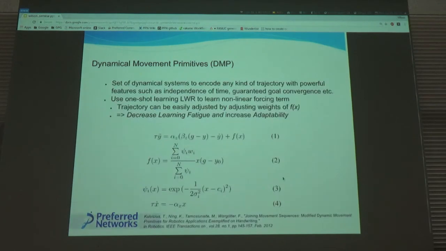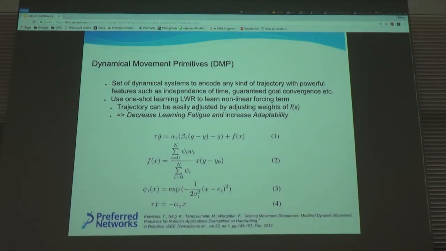And note that these weights can simply be learned by any function approximator, such as Gaussian processes or Gaussian mixture models. But in my case, I chose to use locally weighted regression, which is a one-shot learning algorithm. So we only need one demonstration for the robot to learn this trajectory. Again, I chose a one-shot learning algorithm to decrease learning fatigue. You don't want to show a lot of